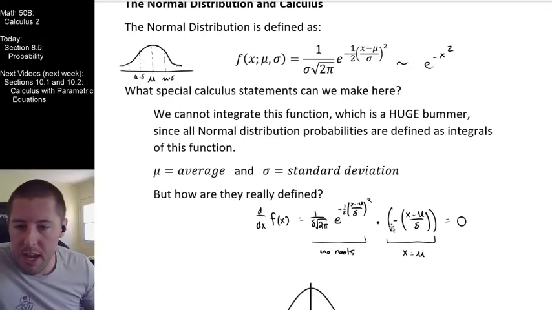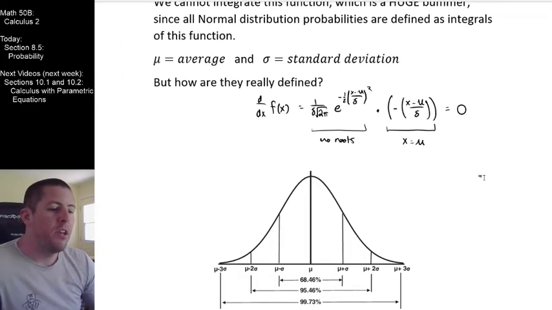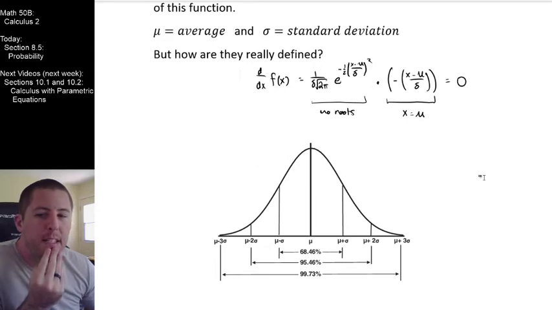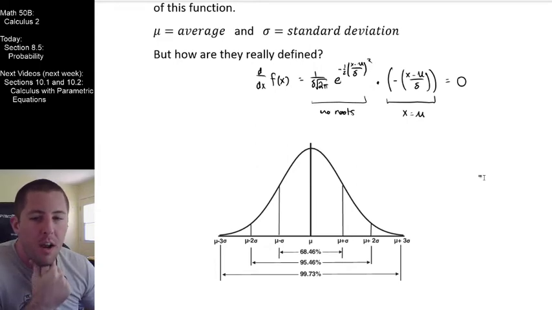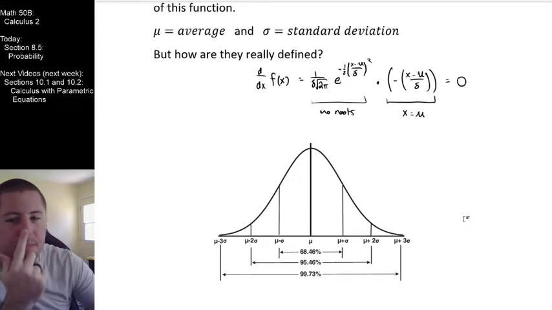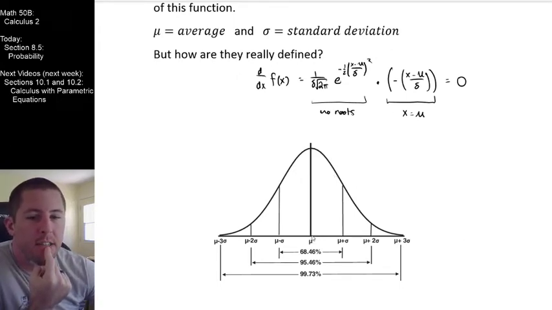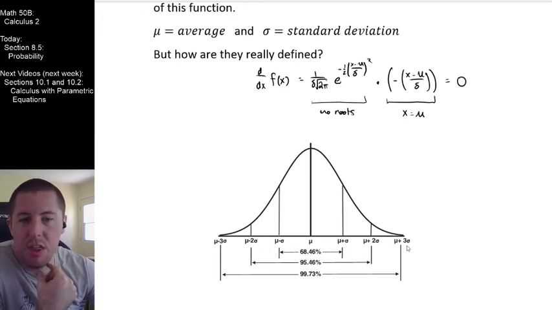Now, what about the standard deviation? How do we define the standard deviation? Well, you should stare at this graph for a moment and tell me what you remember from Calc 1. What does it look like is happening at one standard deviation away from the average? So here's our average at mu. And you can see we're going 1 standard deviation, 2 standard deviations, 3 standard deviations above average right here.